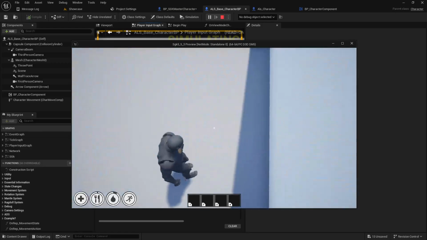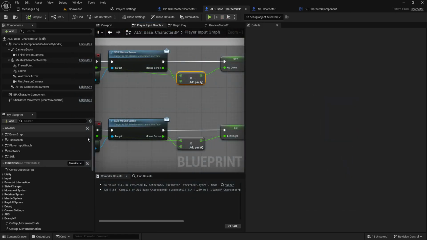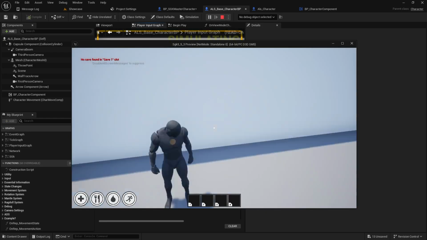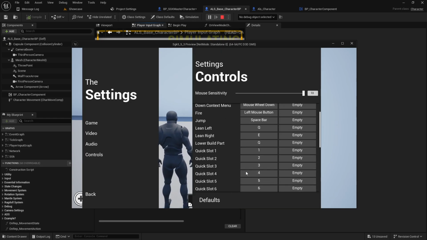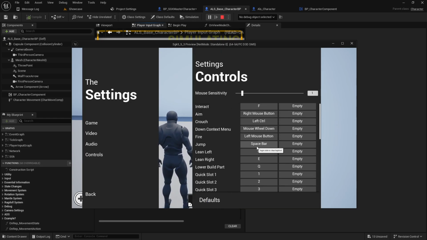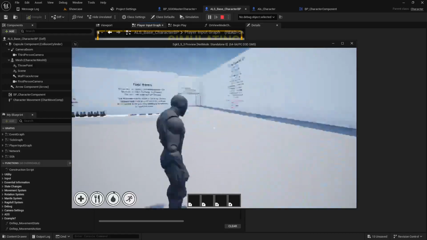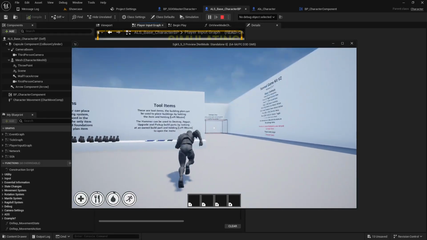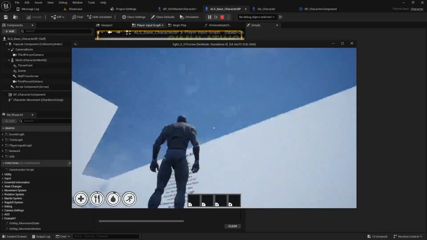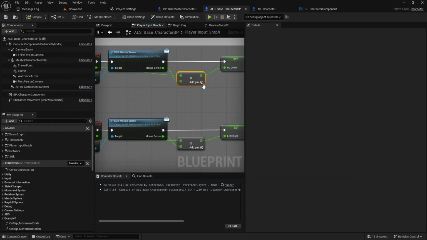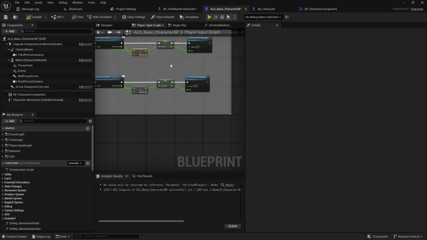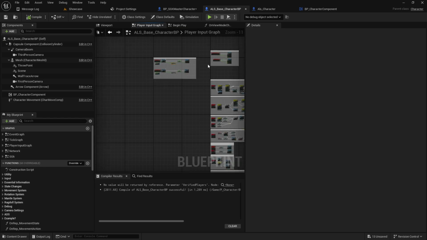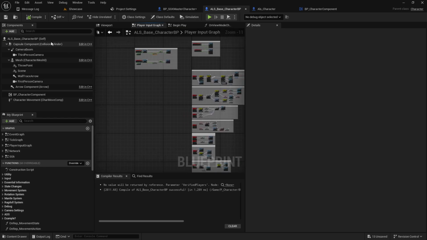Yeah, it's working and it's too fast. And it's saving, so meaning it's doing fine. Do default. Now it's working perfectly. Okay, so for that part it's done, and now let's do the sprinting part,